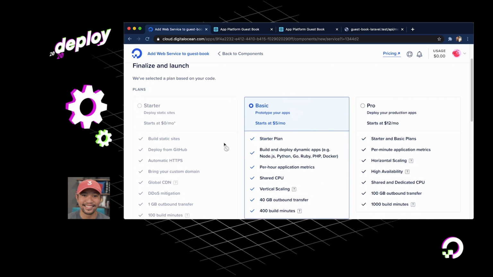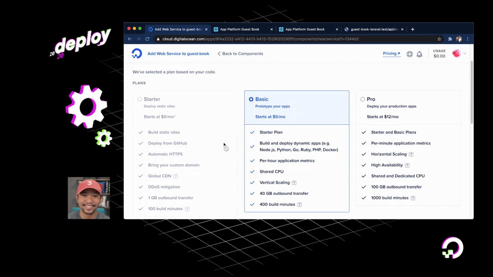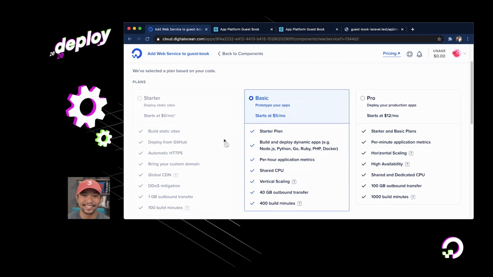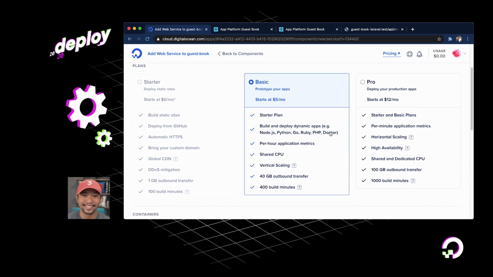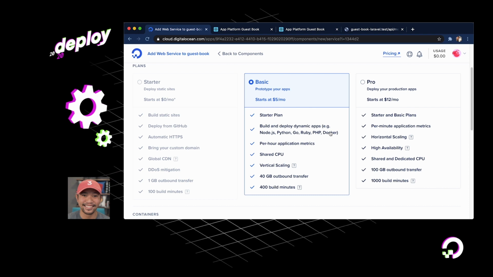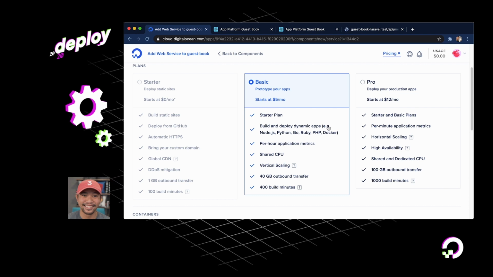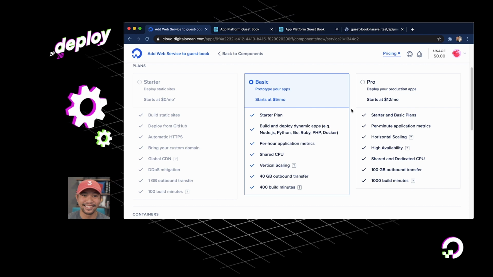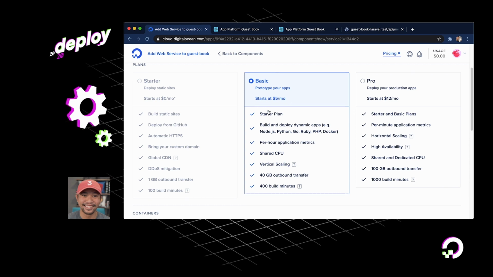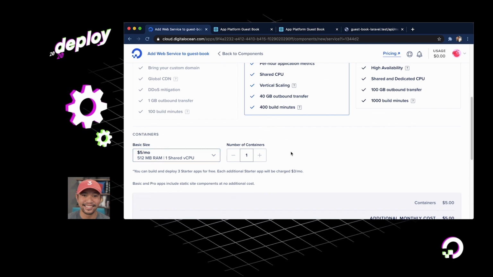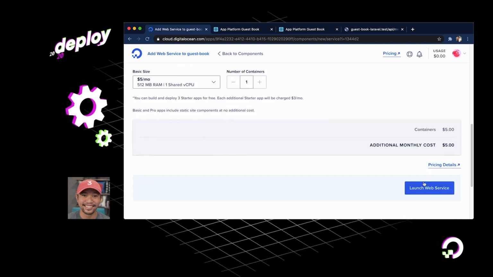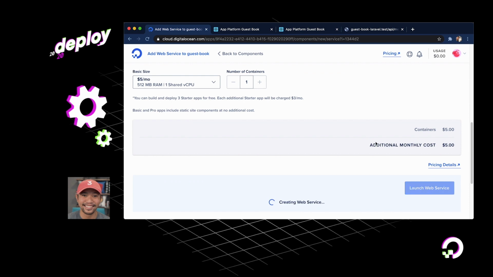We have to select a pricing for this specific component. So the way App Platform works is we're going to have an app level plan, and then each component is priced out according to the size we want, how many we want. So it's very flexible in its pricing. Since this is a prototype type app, we're going to stay on the basic approach. Here's our basic size for containers at $5 a month. And I'm going to go for next for the web service.